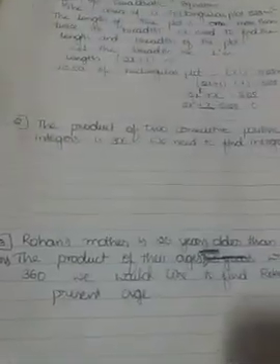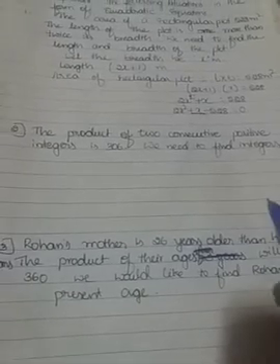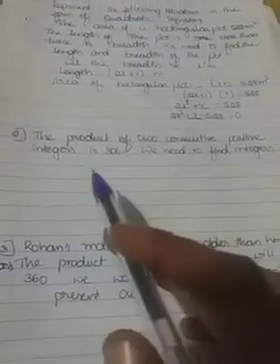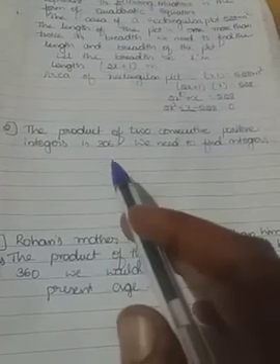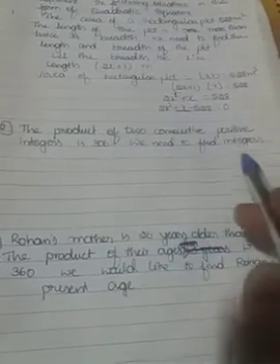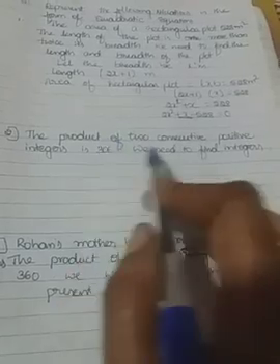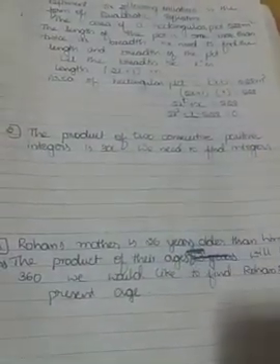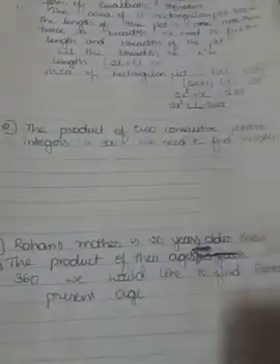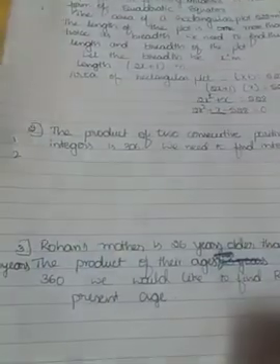Let's move to the second one. The product of two consecutive positive integers is 306. We need to find the integers. First we want to mention this in a represented form. By that equation, by that representation, we can find the integers. Let us take the consecutive integers; in the sense, what should the next one be? If 1 is there, the next is 2. 1 will be added, no? The next number only is called consecutive.